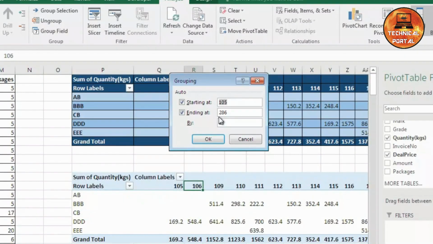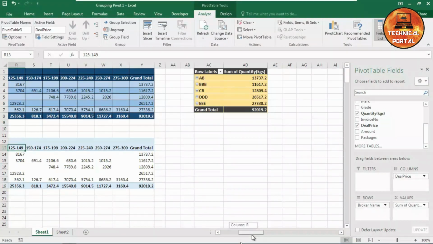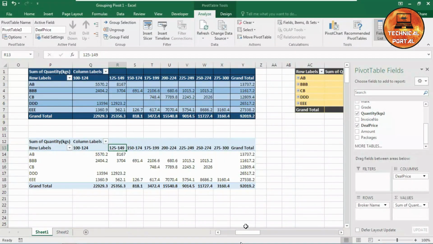Like suppose I am going to create this at 100 and ending at suppose 300, and the difference between these columns should be 25, right? Now click on OK. Look at here, what happens? This has been created successfully. Now your report will look shorter and smarter than before. Now you have learned how to group your data into the pivot table, right?